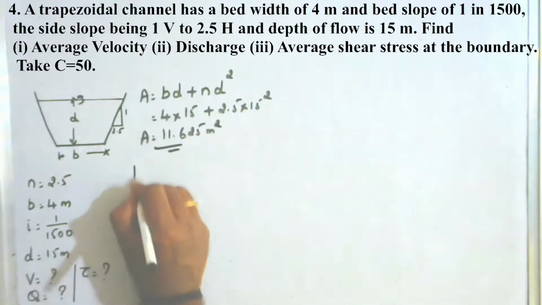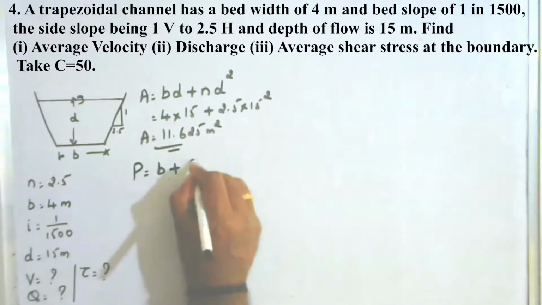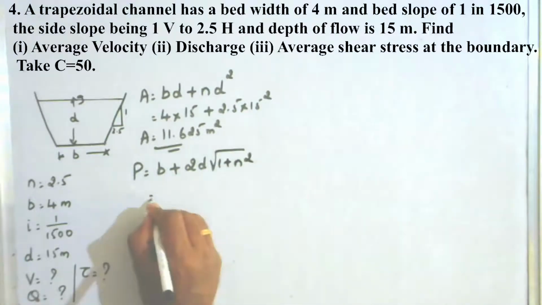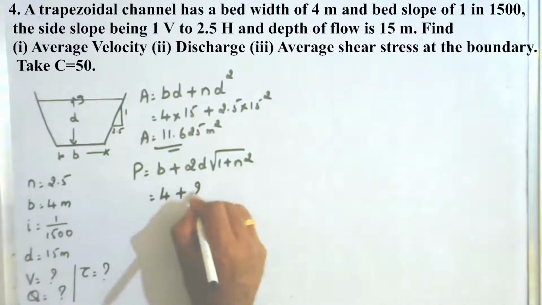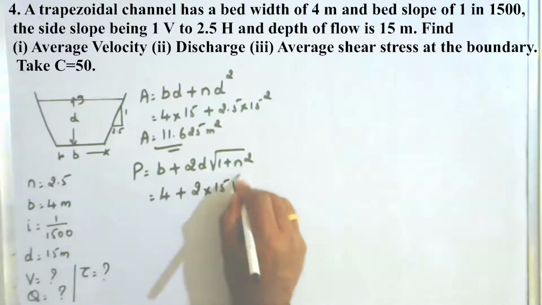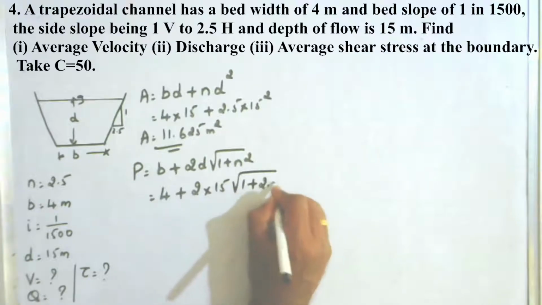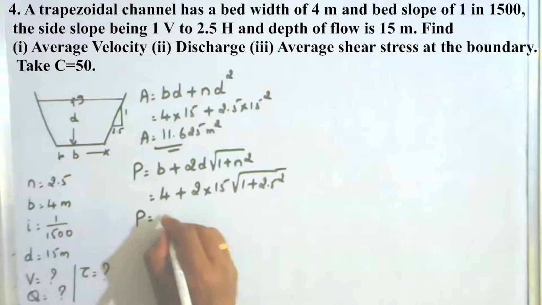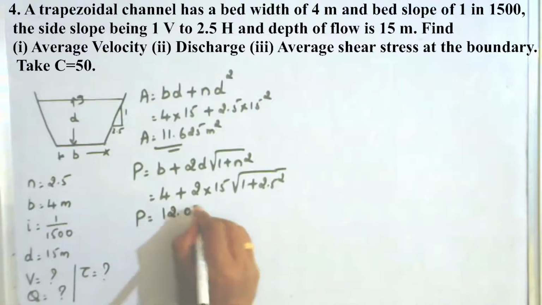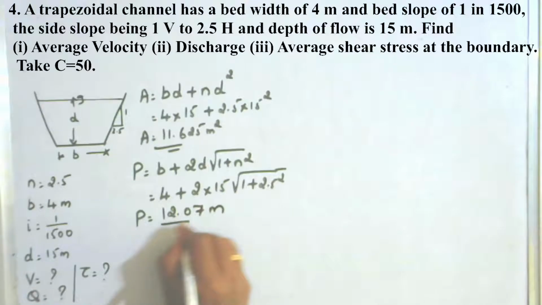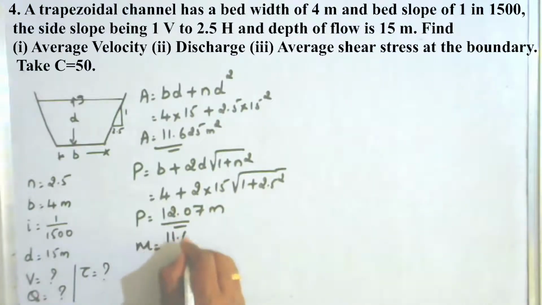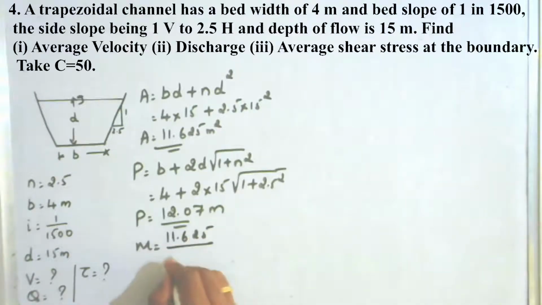Then wetted perimeter P is equal to B plus 2D root of 1 plus n square, that is B is 4 plus 2 times the depth is 15, square root of 1 plus 2.5 square. Then wetted perimeter P works out to be 12.07 meters. Then M is equal to A by P, that is 11.625 divided by 12.07, which works out to be